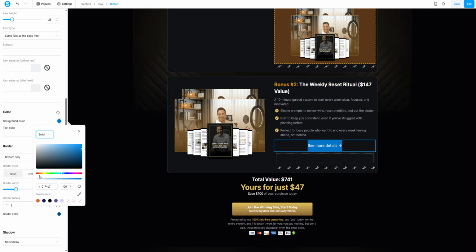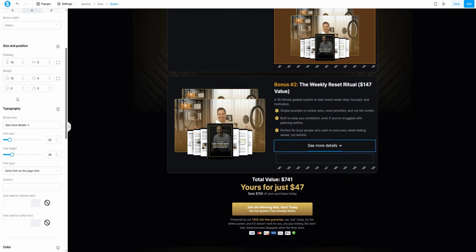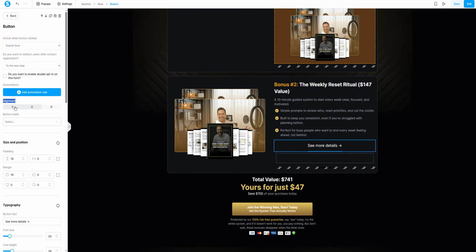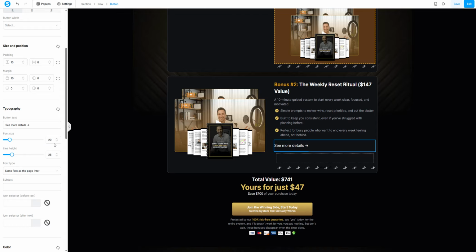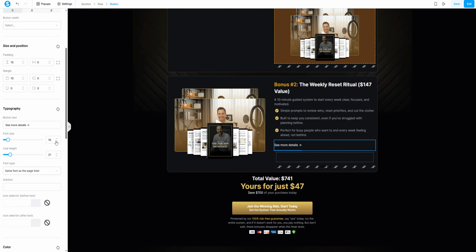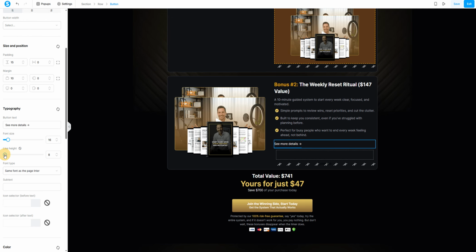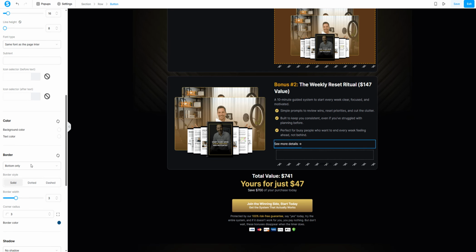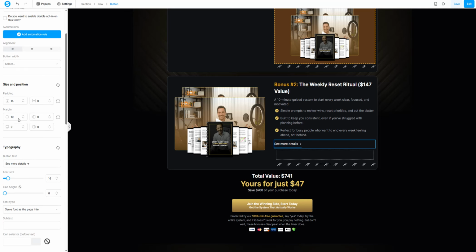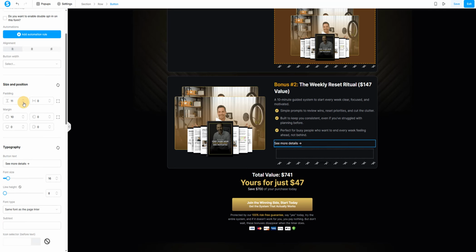I need to remove the background because I don't really need one, and I need to adjust to the left side, so alignment to the left. Now the text size is too big in this specific case, so I'm going to make it smaller. Now here the line height, I'm going to make it as close as possible, and if you want to make it even closer, all you need to do is go to the padding and make it smaller,